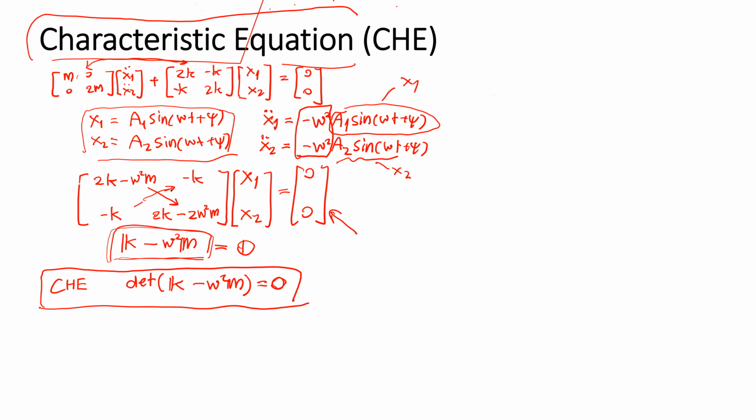So yeah, if the matrix has A, B, C, D, the determinant is equal to AD subtract BC. So the determinant of this matrix will be